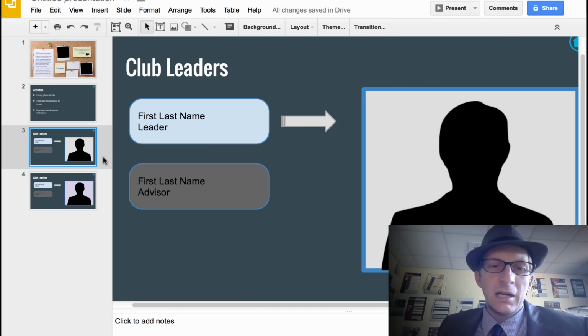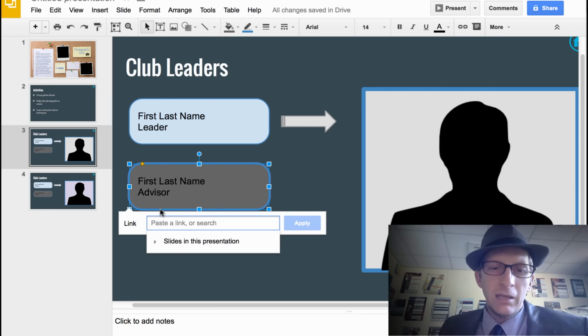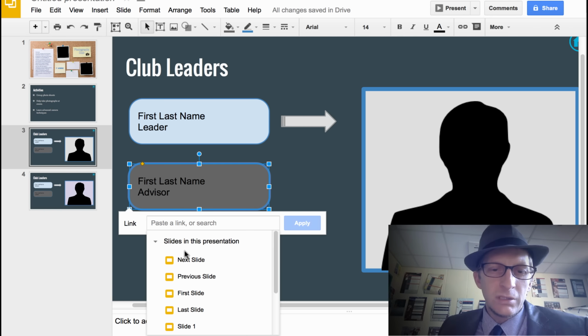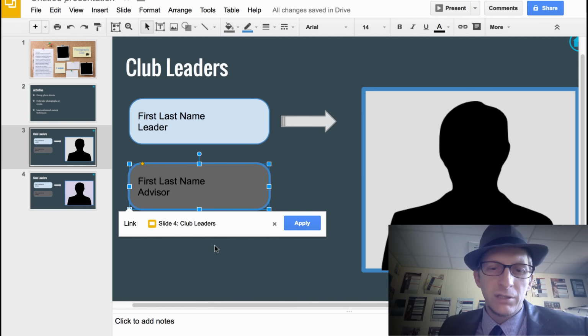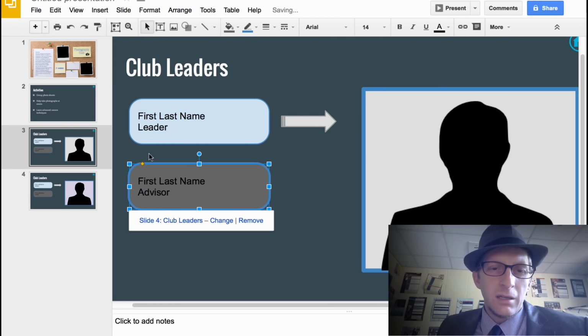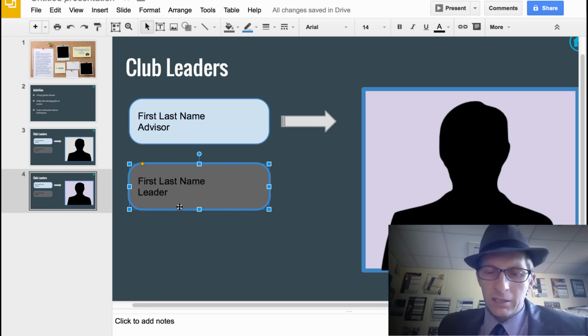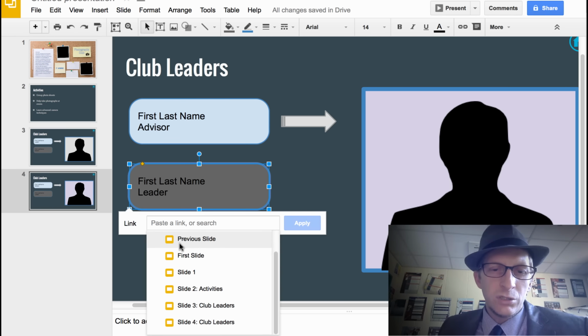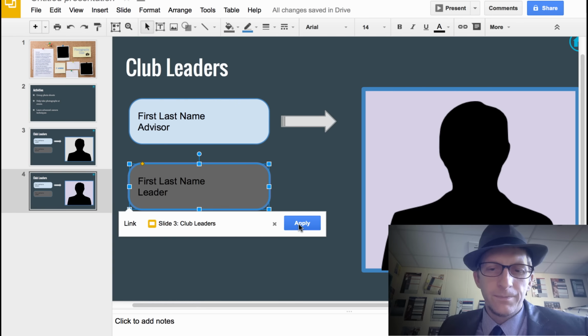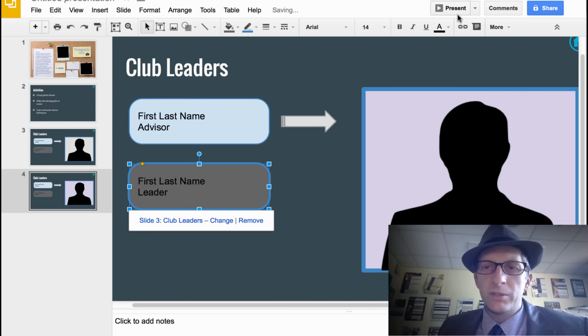Now we're going to make it link. So go on 3 and we're going to click on first name advisor and hit Command K, and we're going to choose slide 4, club leaders, and then hit apply. Okay, and we're going to go to 4 and click on leader here and Command K, and we're going to choose 3. Now if we go to presentation mode,